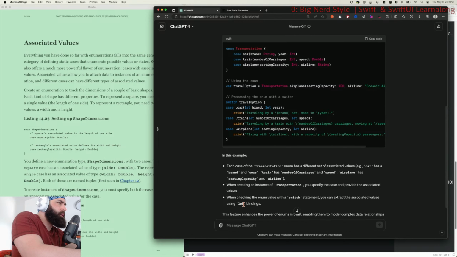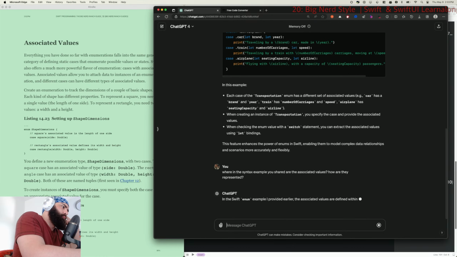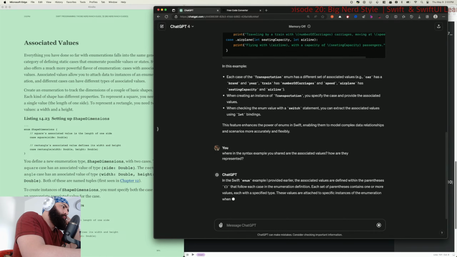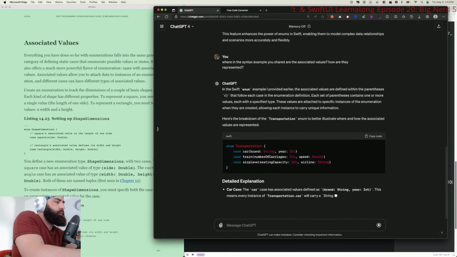Okay, I mean that makes sense, but what are the associated, where in the syntax example you shared, okay, so the parameters.